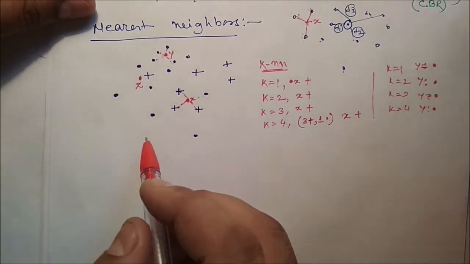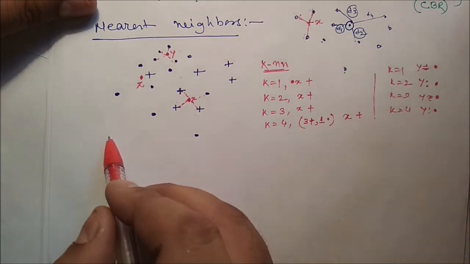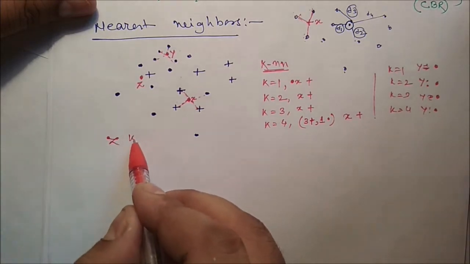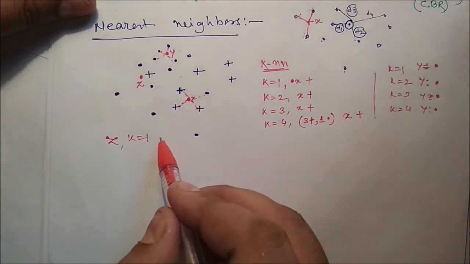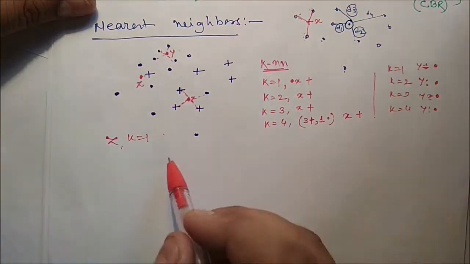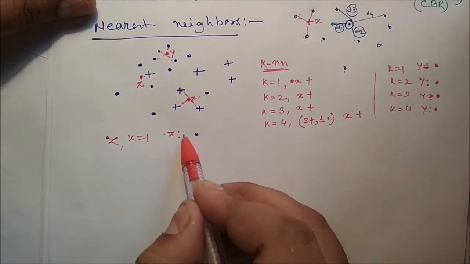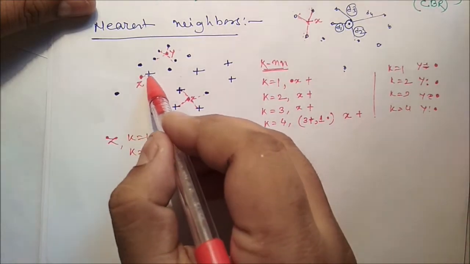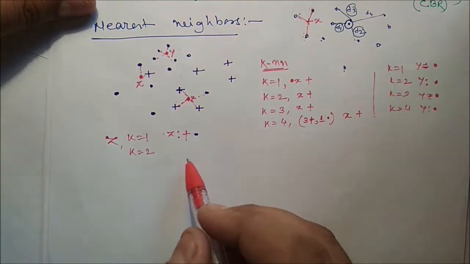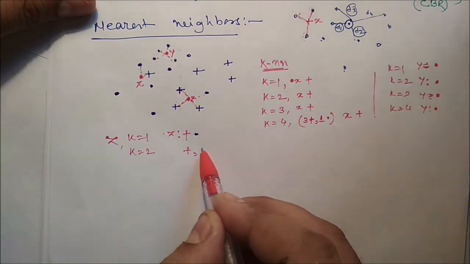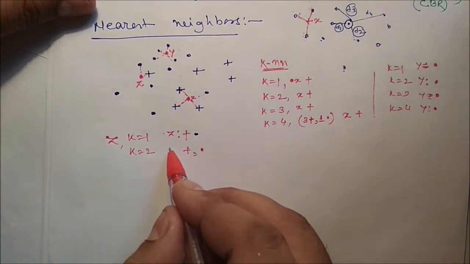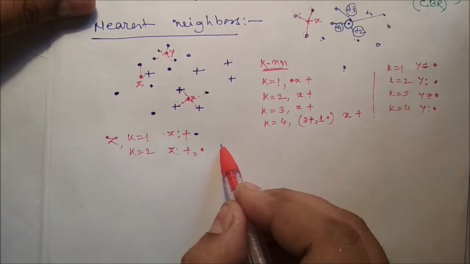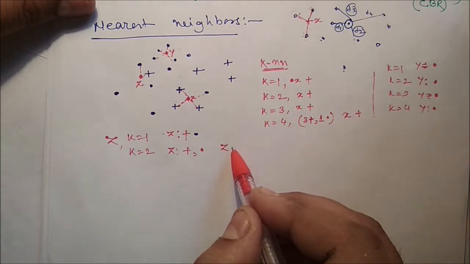For this particular z, if k is equal to 1, then what will the class level be? The nearest is this one, so the class level of z will be plus. But if k is equal to 2, then the nearest two are these two, so 1 plus and 1 dot. So what will be the class level? Here randomly you can select any one of that. So let's assume the class level of z,